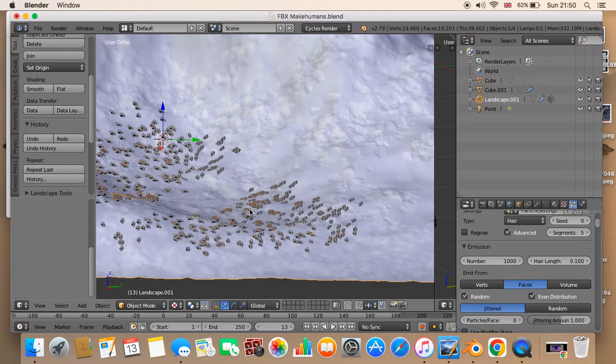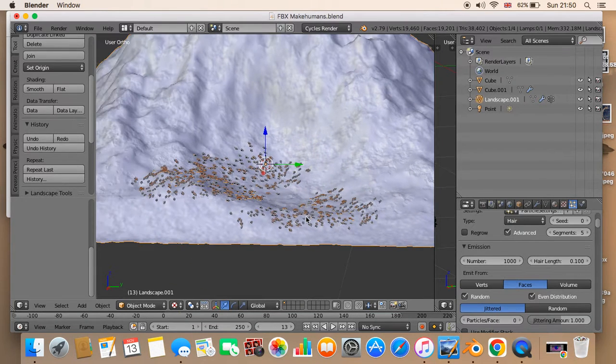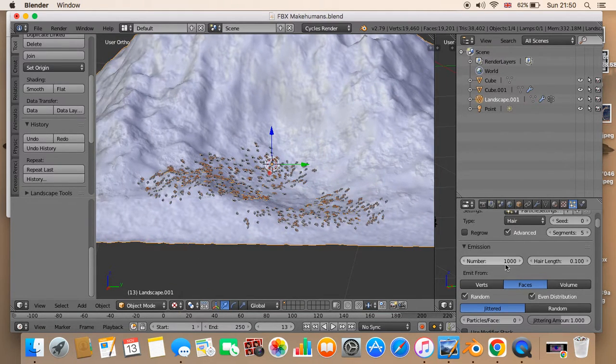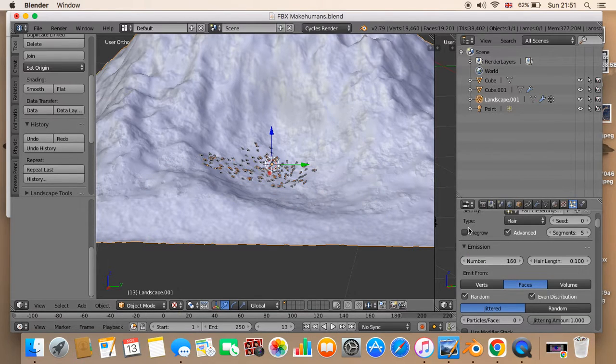So you get 1000 trees. Or you might want just 160, so you get that. But 1000,